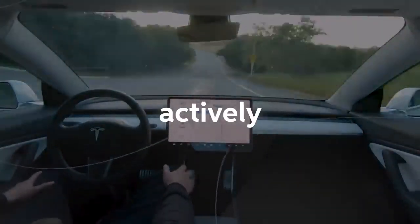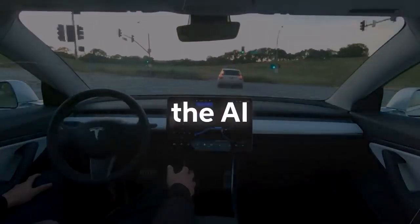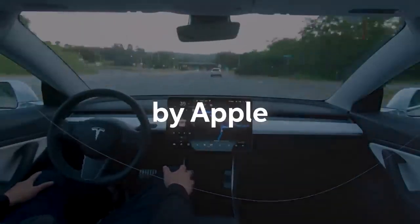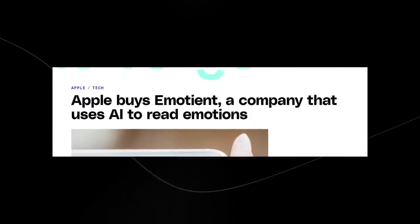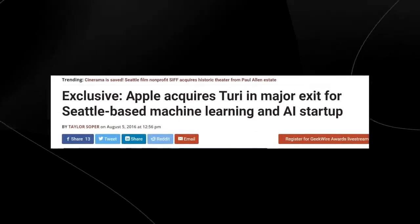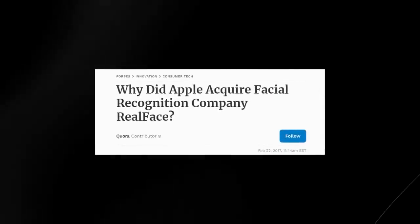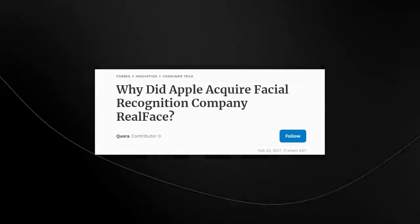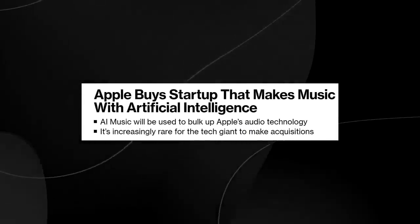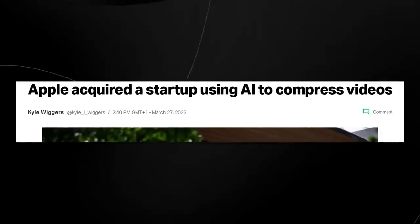Now, Apple has been actively acquiring a range of artificial intelligence companies in recent years, with the aim of enhancing the AI and machine learning capabilities of its products and services. The list of companies acquired by Apple includes Emotion, a startup company that uses AI technology to read people's emotions by analyzing facial expressions; Turi, a small Seattle-based startup specializing in machine learning and artificial intelligence; RealFace, a cyber technology startup whose facial recognition technology can be used to authenticate users; AI Music, a startup that uses AI to generate personalized soundtracks and adaptive music; Wave One, a California-based startup that was developing AI algorithms for video compression;